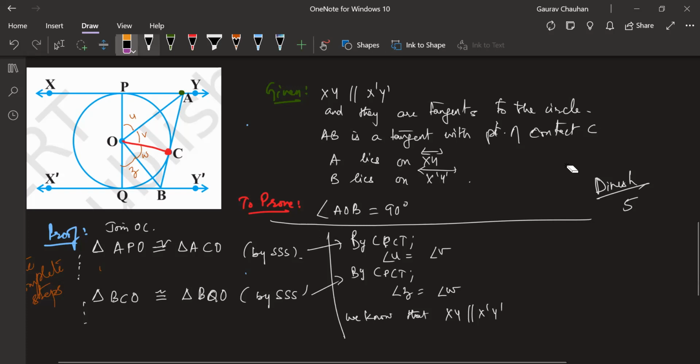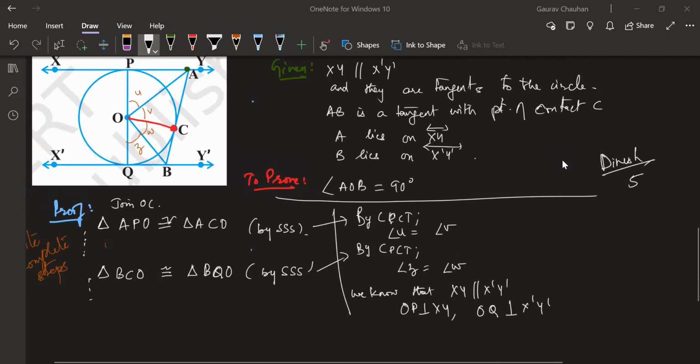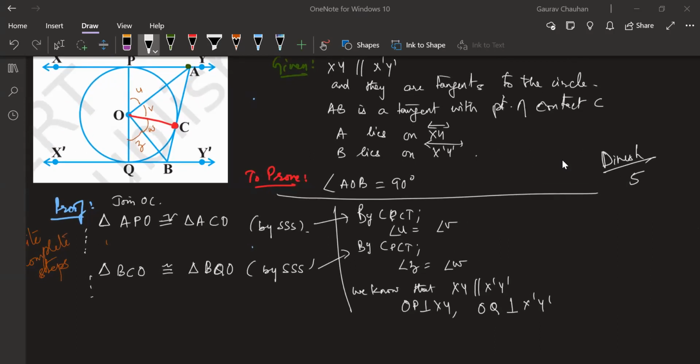Okay, Dinesh, go ahead. Tell me. So XY is parallel to X dash Y dash. We also know that OP will be perpendicular to XY and OQ will be perpendicular to X dash Y dash. Therefore,